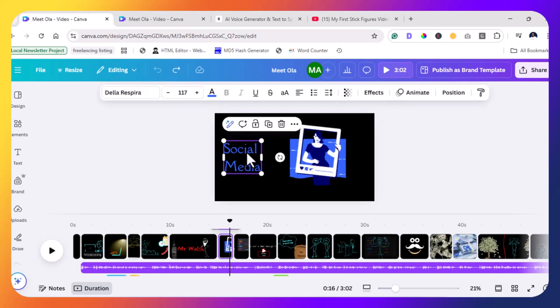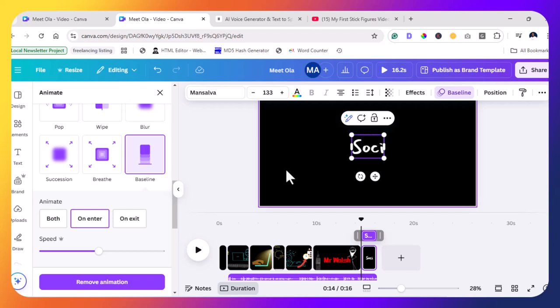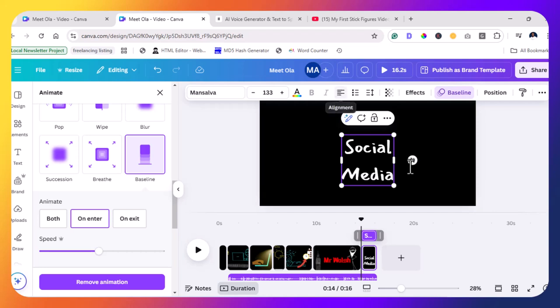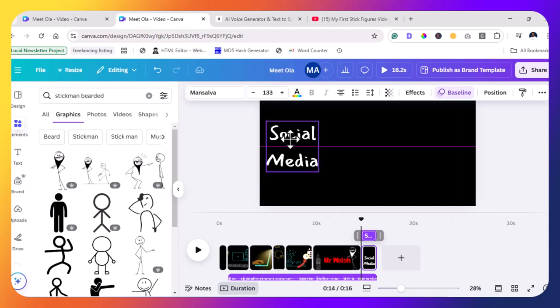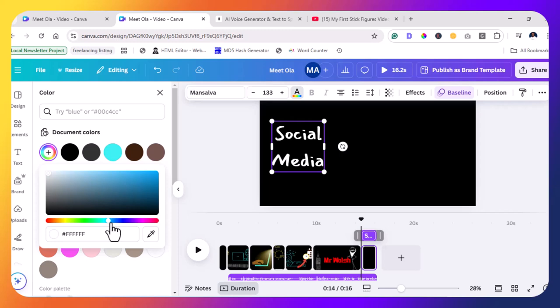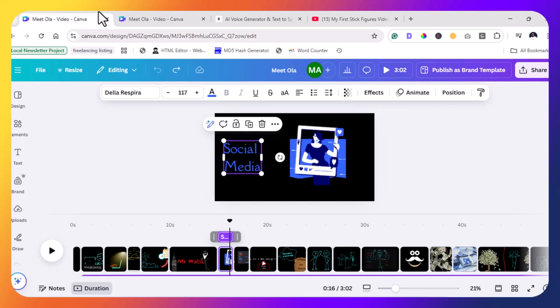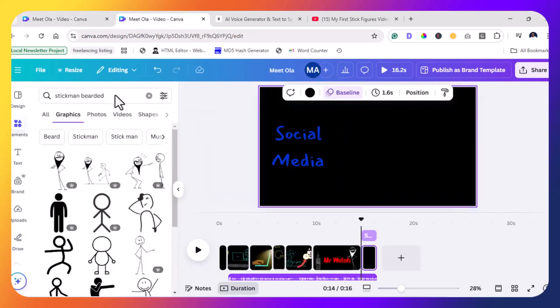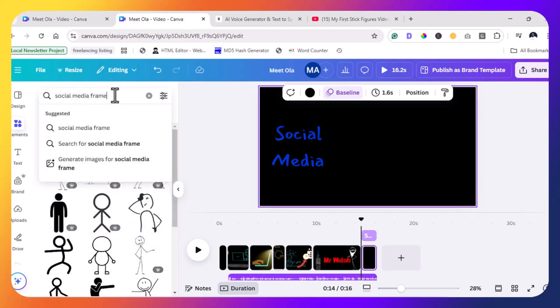So we have a text right here. Click on T and write social media, aligned left. Bring it to this part here using these pink lines as a guide. Make it blue. That's a new color. So somewhere around here. Social media frame,